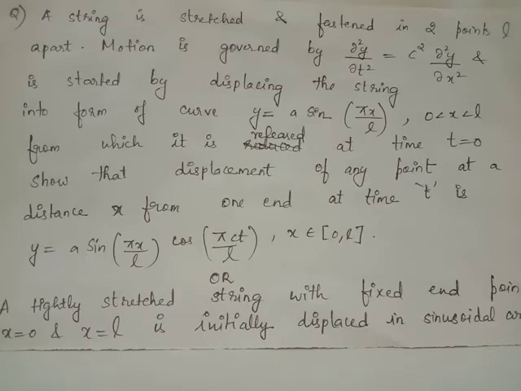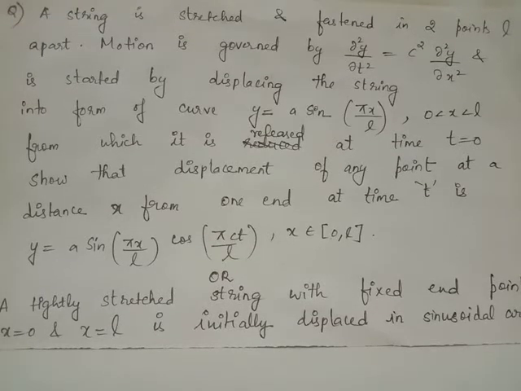A string is stretched and fastened at 2 points which are at L distance apart. That means a string is stretched and its endpoints are fixed. The fixed endpoints are at L distance apart from each other. The string moves satisfying the one-dimensional wave equation, and displacement of the string is in the form of curve given